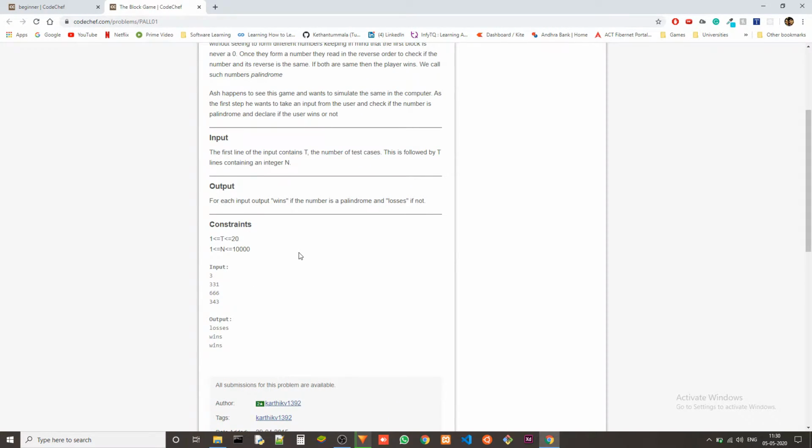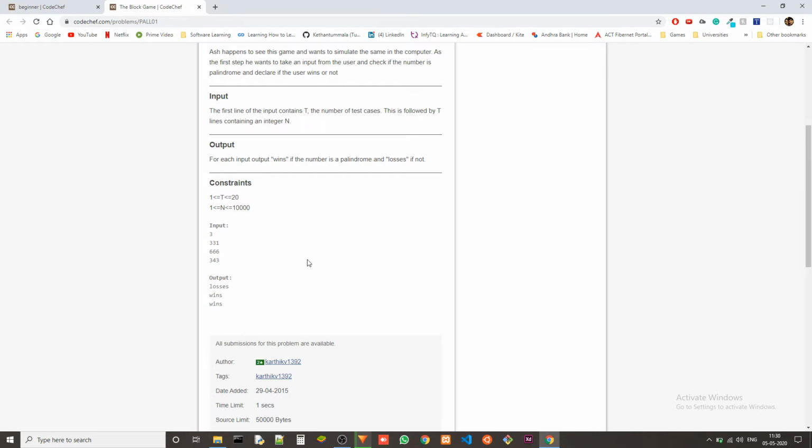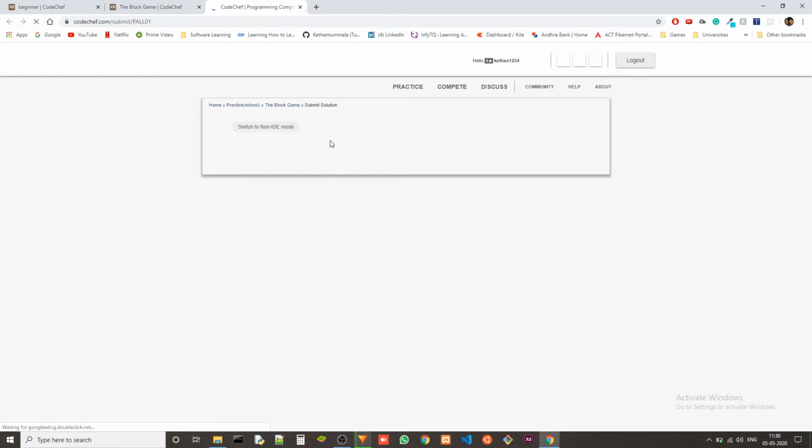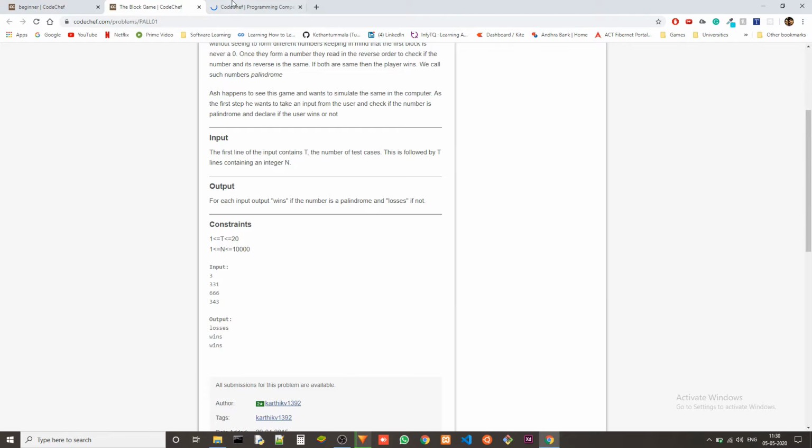So to solve this, we could use strings, or we could get each integer one at a time and put it in an array and use two pointers, one from the starting and one from the reverse, and check if both are always equal. So that's one way. So let's do the string method, because I have used the remainder method a lot of times in a couple of other problems. So let me use the string method to solve it, so that you guys can also see how string handling works. For this, first we have to convert the integer into a string.